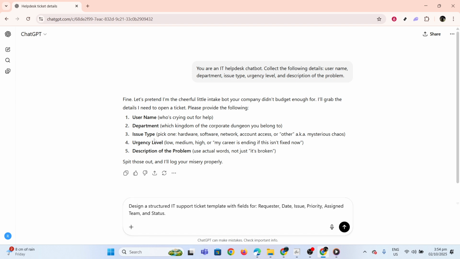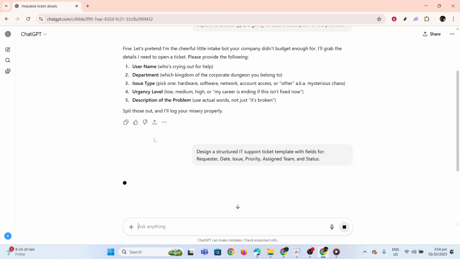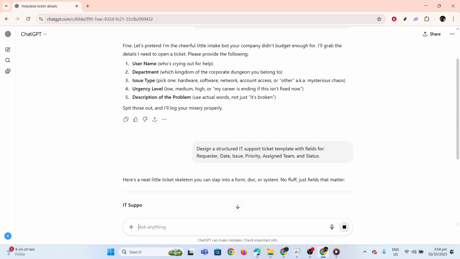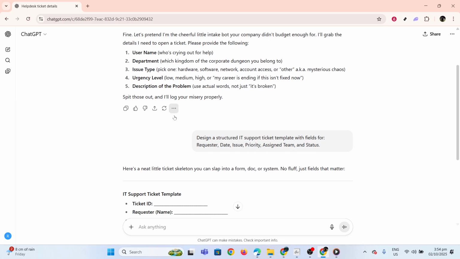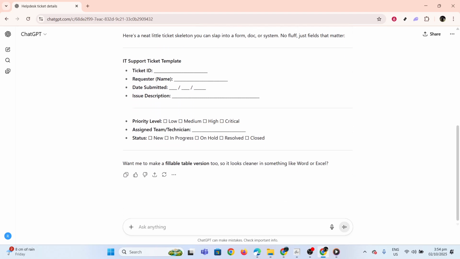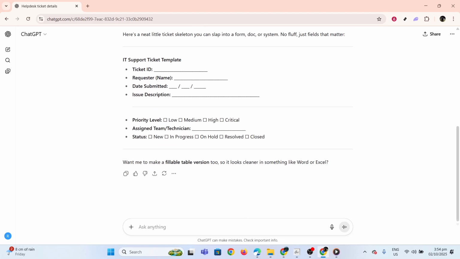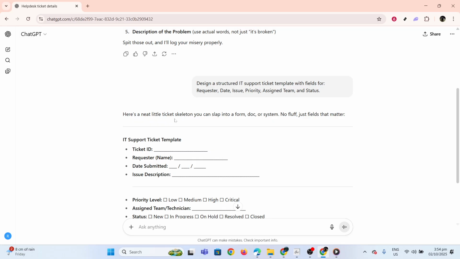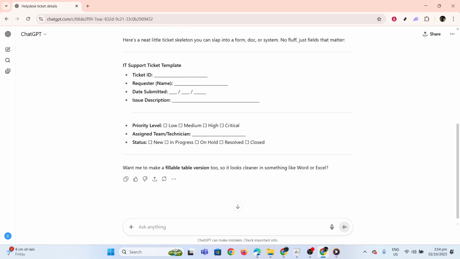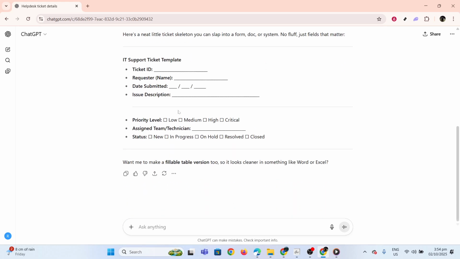Now that we've established the basic tasks, it's time to create a ticket template. Think of this template as an organized structure that keeps all necessary information in one place. We need to design an IT support ticket template with fields for the requester's name, the date of the request, the issue they're facing, the priority level of the issue, the team assigned to handle it, and the current status of the ticket. This template will help standardize how information is recorded and make it easier to track the progress